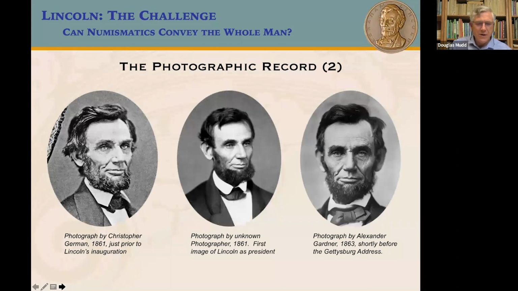Then we get the bearded images. 1861, just prior to his inauguration. Interestingly, he's got his iconic beard, but he only grew this in November of 1860, after being advised in a letter by an 11-year-old girl, Grace Bedell, that a beard would improve his looks and get him more votes. The beard won public approval and may have helped save Lincoln from an assassination plot in March of 1861. When he was walking through Baltimore, he